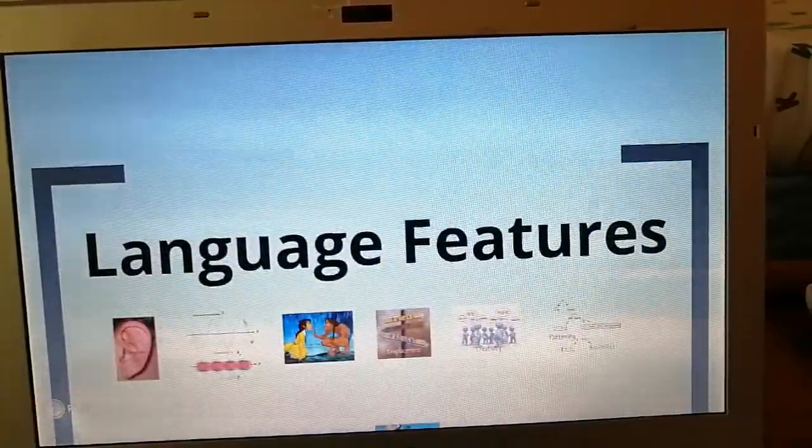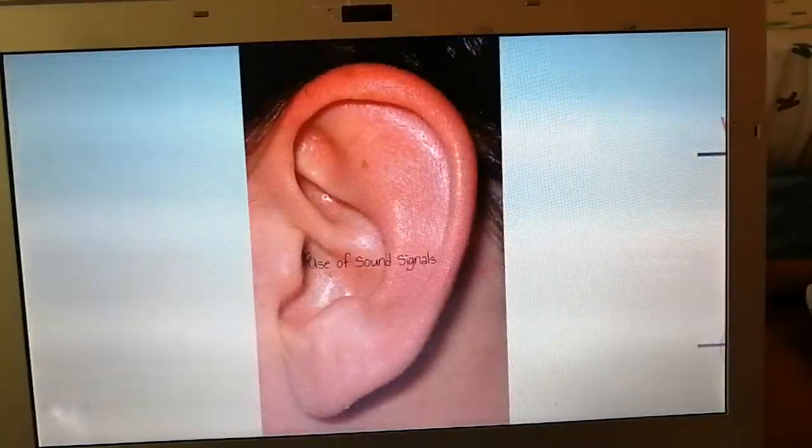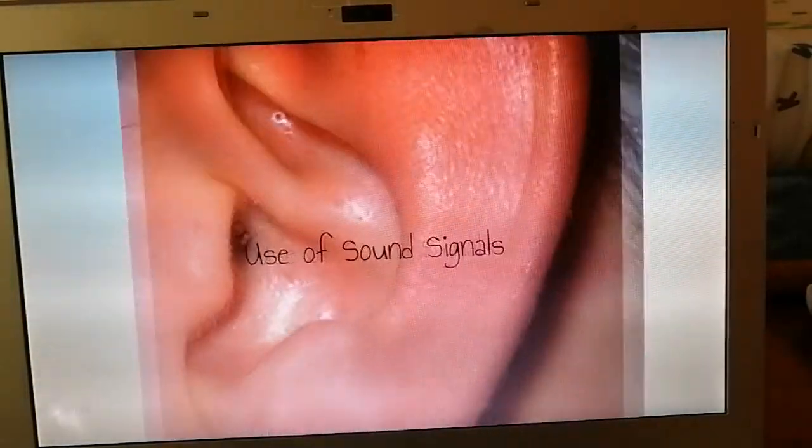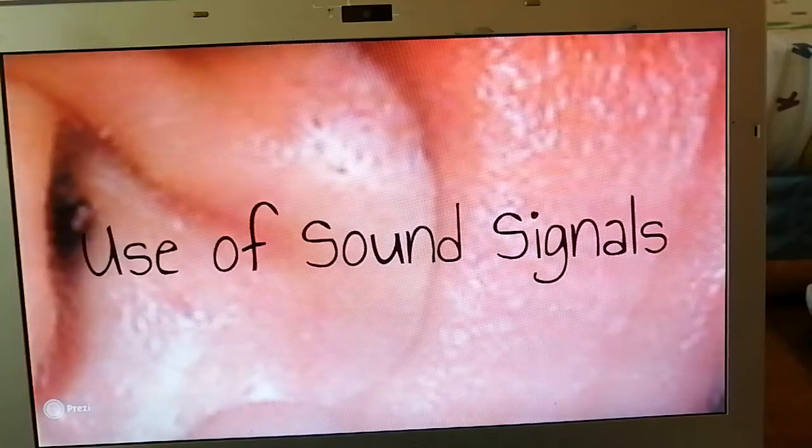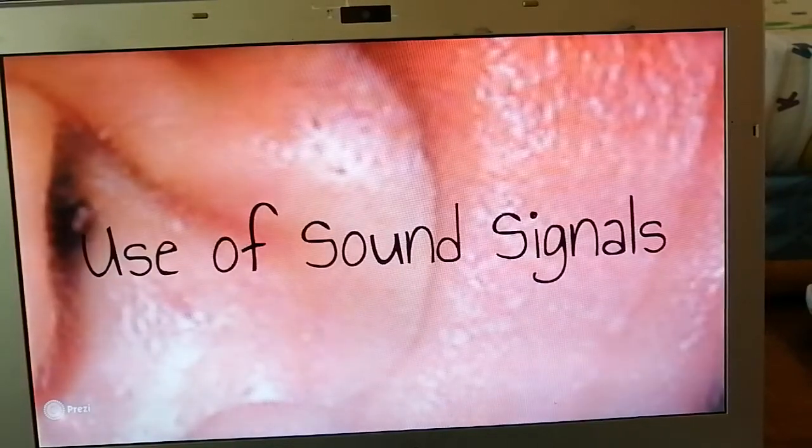The very first language feature is use of sound signals. Okay, use of sound signals. Why do we say that sounds are signals? Well, signals meaning symbols, because we use sounds in a